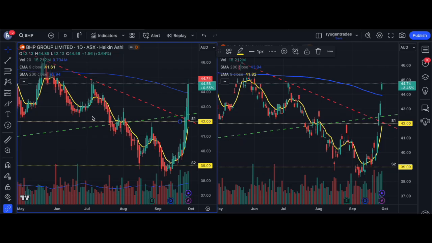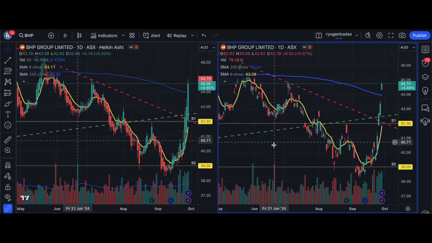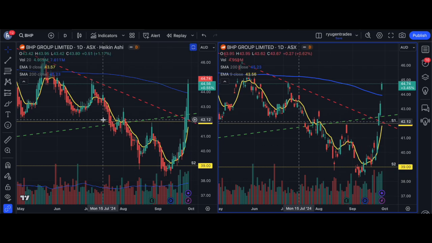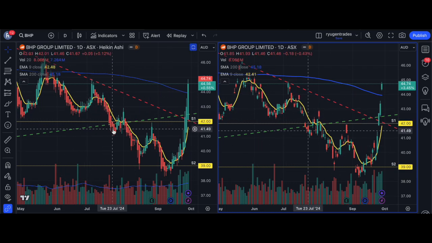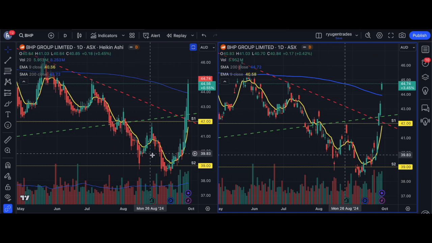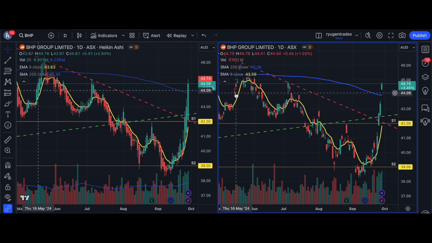BHP. BHP is listed on the Australian Stock Exchange. I've got two charts, left and right. On the left we've got the one-day chart using Heiken Ashi. On the right we've got the one-day chart using the traditional Japanese candlestick. So the first observation you would see is that the trends appear very clear, and number one will be